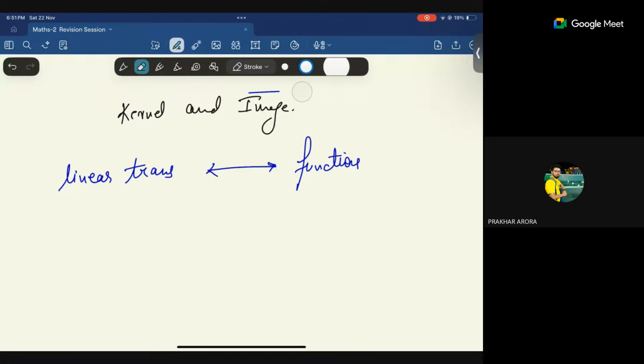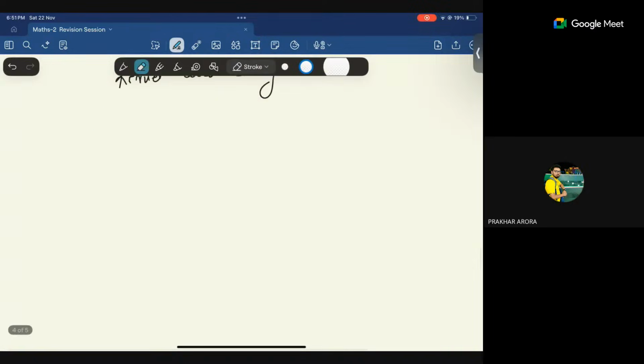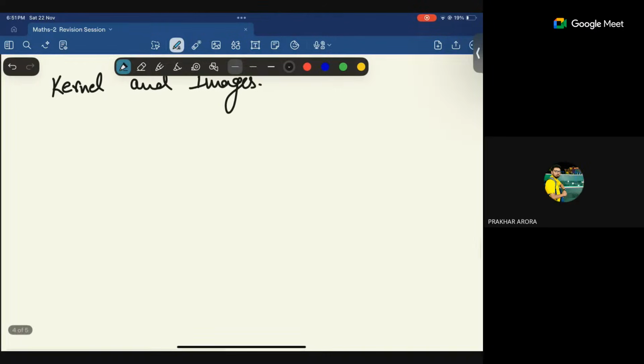This would be very easy to understand. This is a linear transformation here. Let me draw it in a good way. This is kernel and image. Now, what is kernel? Before coming to that, let me tell you how to draw linear transformations. Earlier I said drawing a linear transformation is difficult, and here also it is difficult, but we will try to do something that makes a little sense.